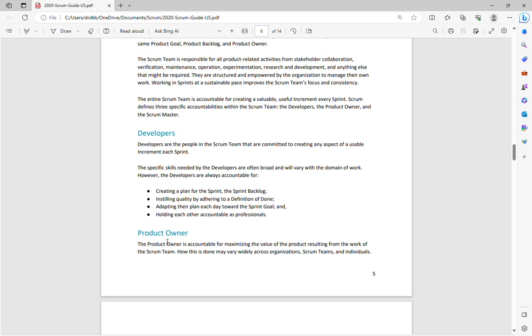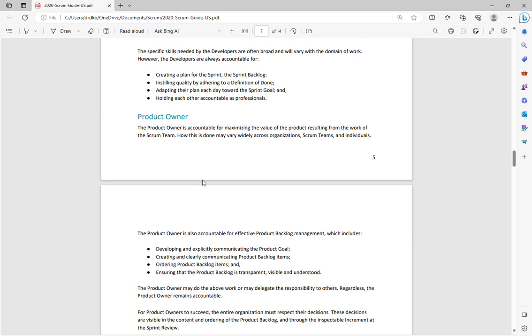Now, next one is the product owner. The product owner is accountable for maximizing the value of the product resulting from the work of the Scrum team. How this is done may vary widely across organizations, Scrum teams, and individuals. The product owner is also accountable for effective product backlog management, which includes